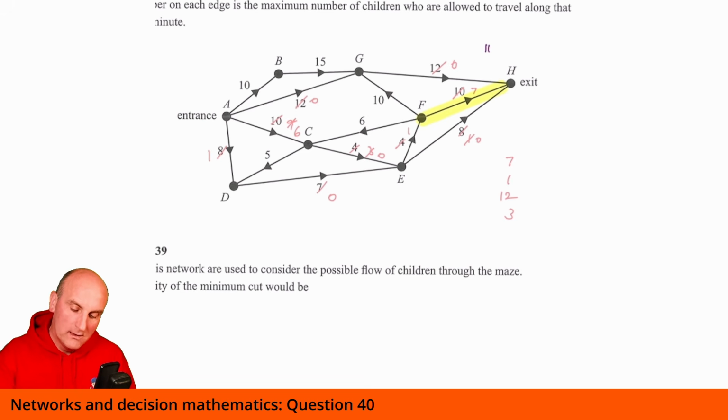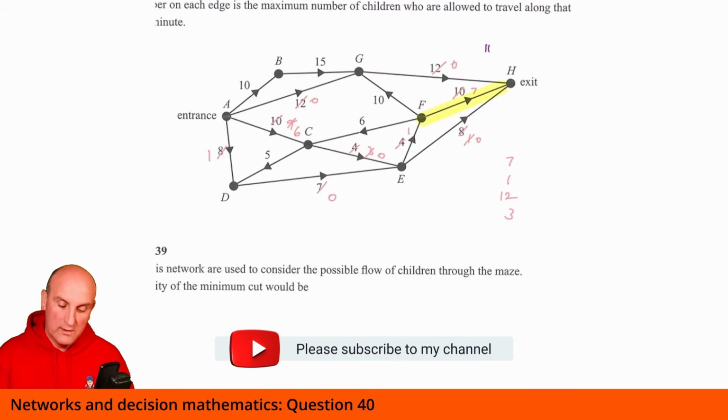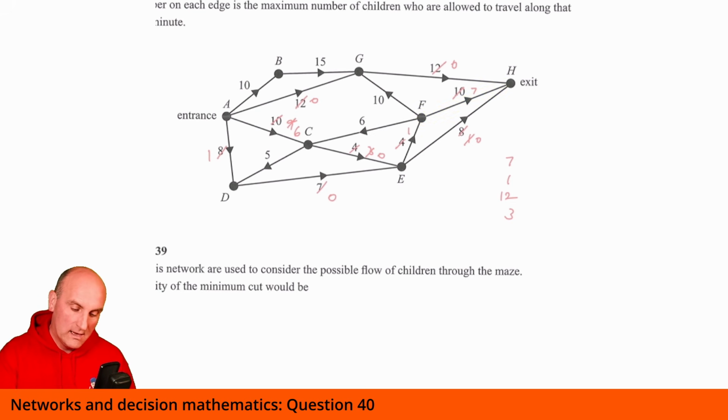So let's see whether that's going to help. I've got a 10, a 15. Nope, I can't go that way. Nothing can go along there. I've got 6, nothing can go along there. I've got a 6, and nothing can go along there. So basically, what you find is that nothing can go along FH. It doesn't matter what I do to FH, it's not going to make any difference whatsoever. So I decided that had basically no impact. All right, and this is +1.